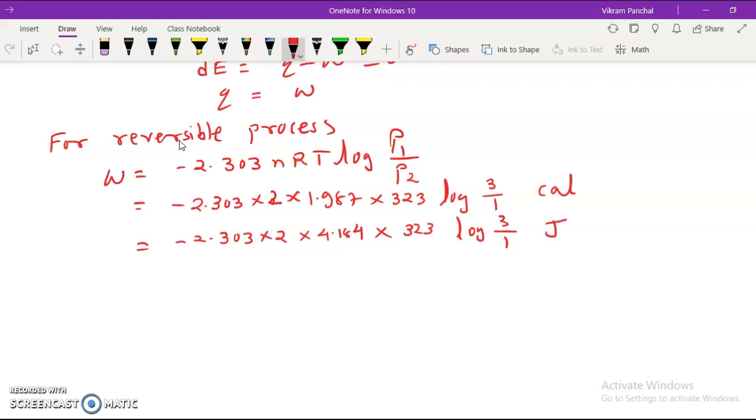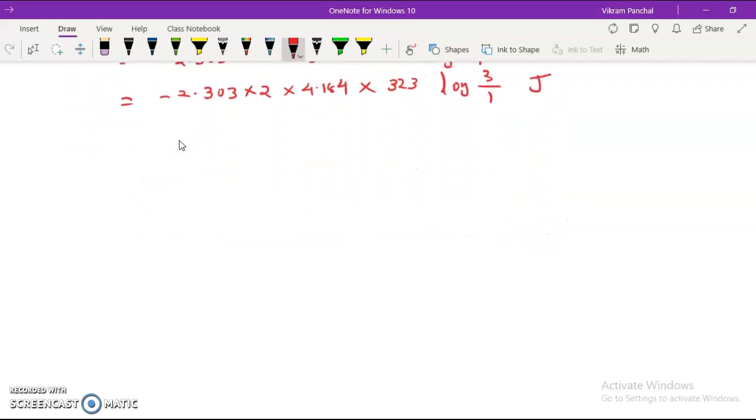So you can find out work either in calorie or joule, and this is the answer. So you have to find out the answer by yourself. Next numerical,